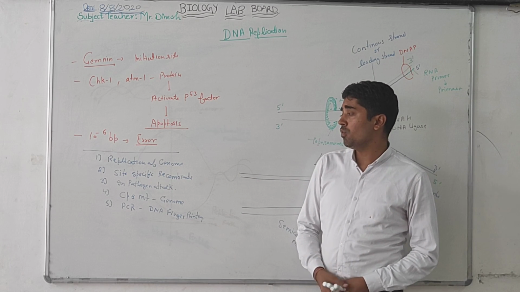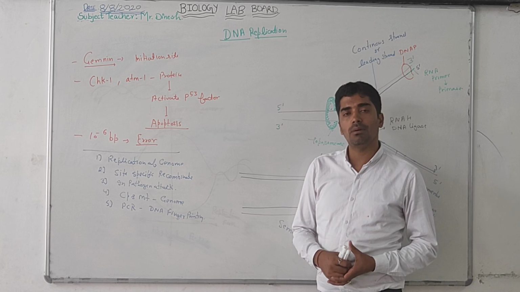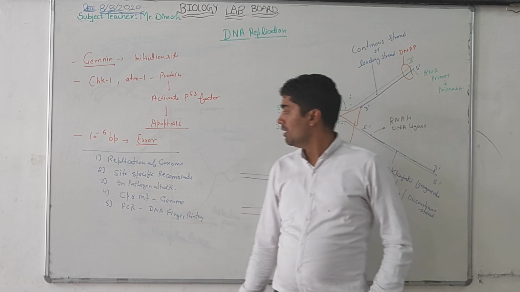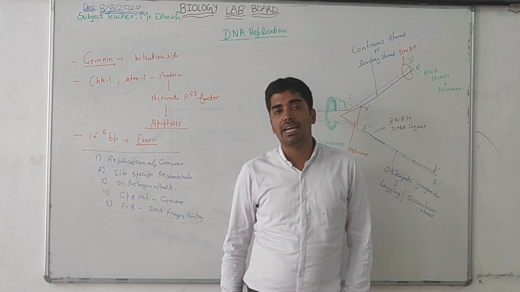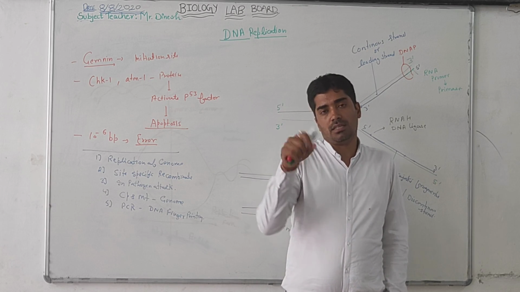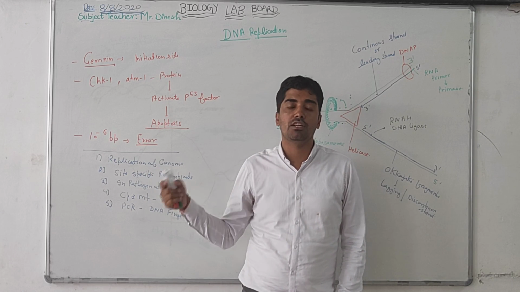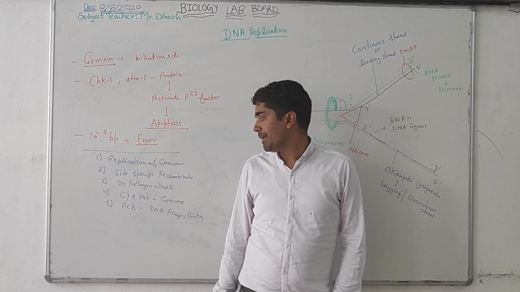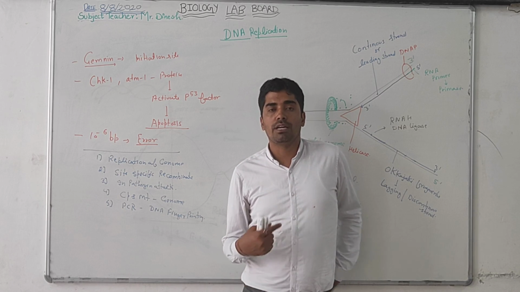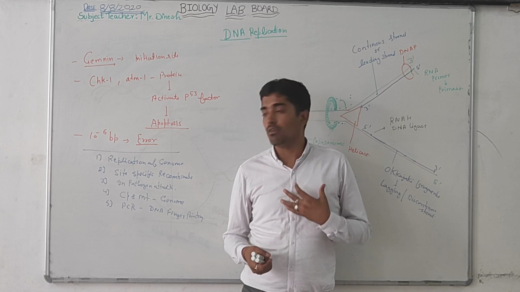First is to replicate the total genome. It means it will have to make two copies of the genome, and one will pass to the daughter cell while another will remain in the parent. Secondly, site-specific recombination or any type of recombination repair. Where recombination has some fault, then through site-specific recombination or recombination repair, a new copy can form. Thirdly, in pathogen attack, if some pathogen attacks a living organism, for example coronavirus attacks the body, it can make its own genome copy in our own body.